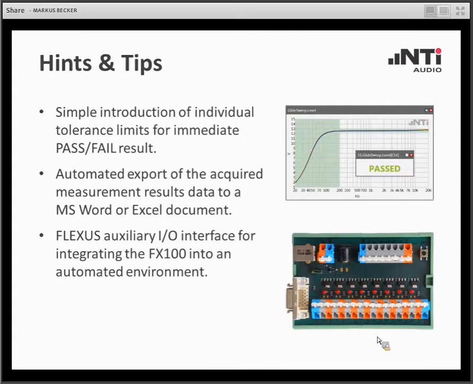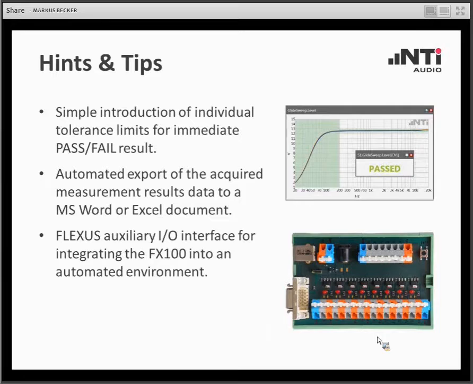Then we have a built-in hardware auxiliary I/O interface in our Flexes, and that allows us to integrate the device into an automated environment. This is a very powerful feature in the Flexes. So this way, for instance, you could automate the connecting and disconnecting of a load to the output of the amplifier, or you could do many other things, triggering external devices or receiving external triggers from a PLC, for instance.